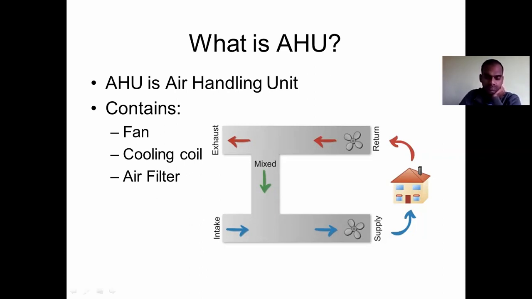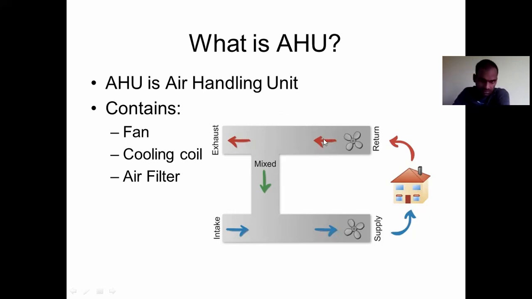So just see, this is just a diagrammatic representation of how the air is flowing through the AHU and coming back. From the AHU, you are giving a supply. You can see a small supply pipe, and you are giving it to a room. From there, the return air is going back through the return duct.